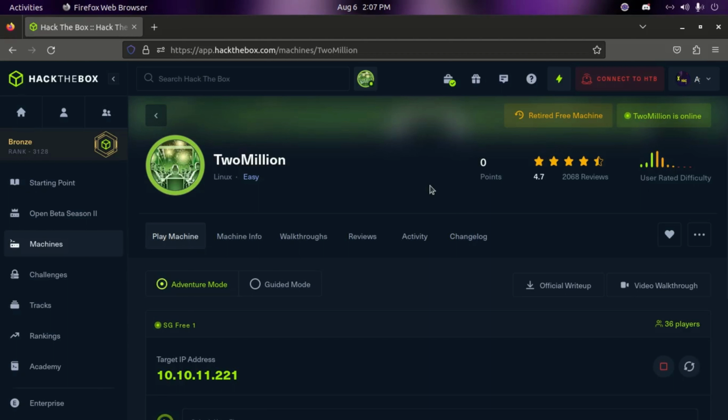Hack, and in this video we will be doing 2 Million from HackTheBox. It is an easy retired box, so yeah, it should be fun. Also, this box is based on the old HackTheBox team, so I'm pretty sure you're gonna enjoy this one